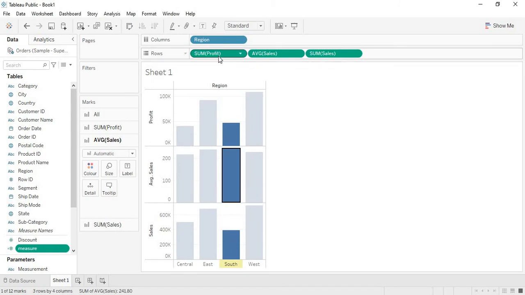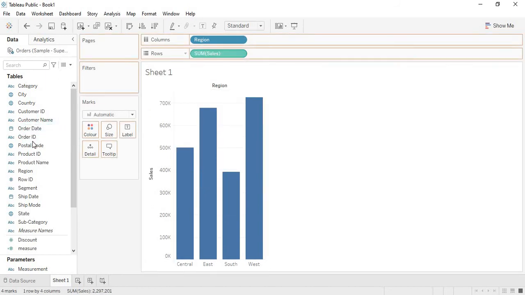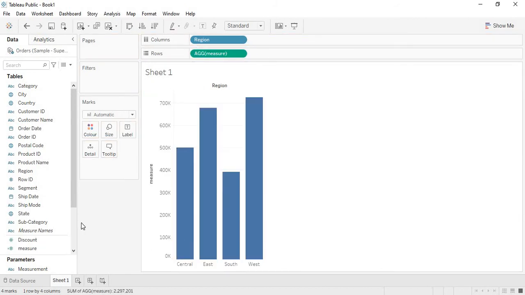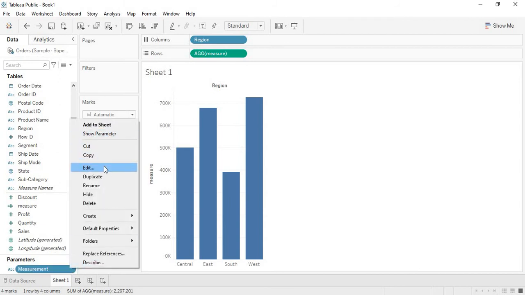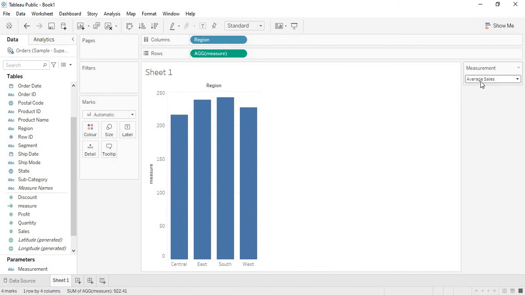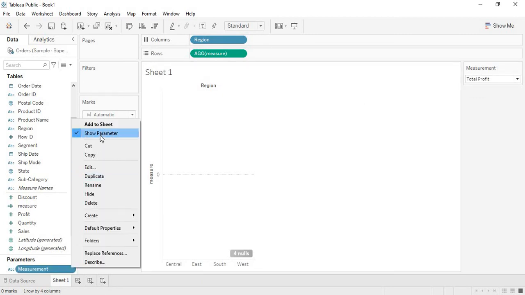Now instead of this separate measurement, I'm going to simply insert the measure here, and also I'm going to show this parameter to the user. So when the user clicks the values, it will change based on the value. Okay, total profit has some issues.